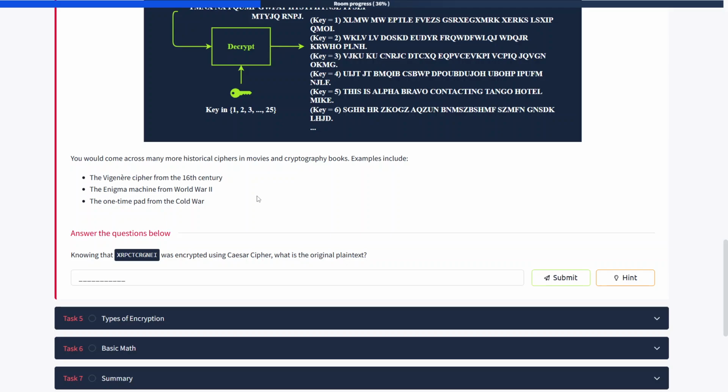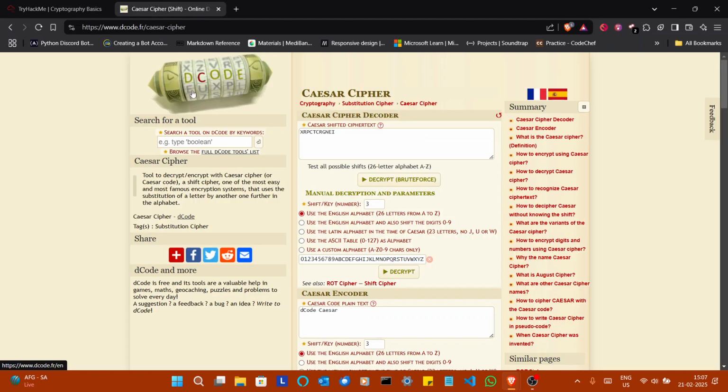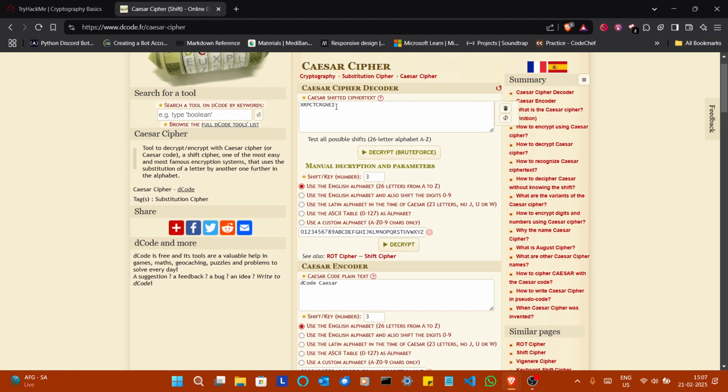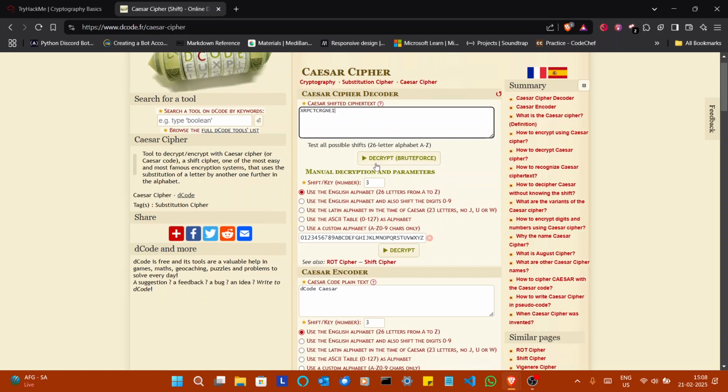Let's answer the questions. Knowing that the text was encrypted using Caesar cipher, what is the original plaintext? Okay, now for this ciphertext we should brute force the Caesar cipher from keys 1 to 25. To do this we have many online tools. One such tool is decode.fr. Inside this, if we paste the ciphertext and run the decrypt with brute force,